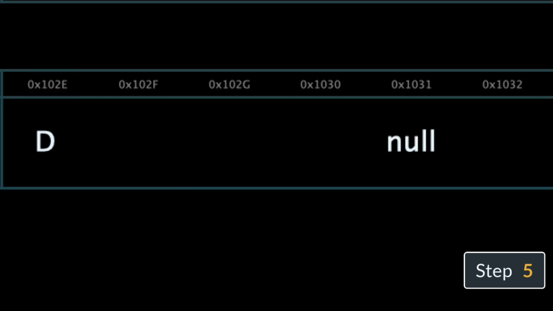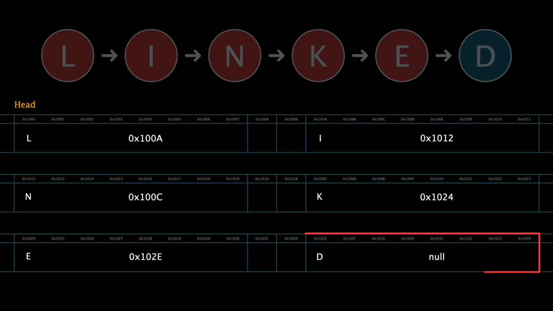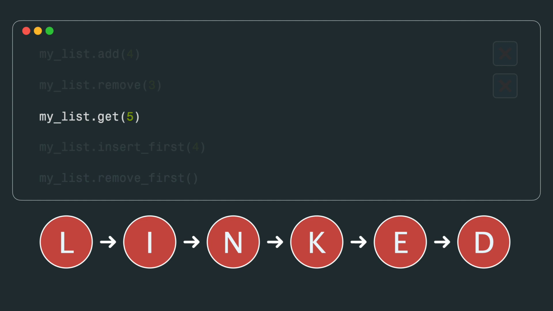As soon as we count 5, we know that we've reached our node and we can return the value inside of it. And so, retrieving data is also not efficient. Think about it. Unlike other data structures like arrays, we don't have direct access to a specific index in the linked list. We need to follow the references from one node to another, keeping count of every single step that we take until we reach the desired node. Not good.